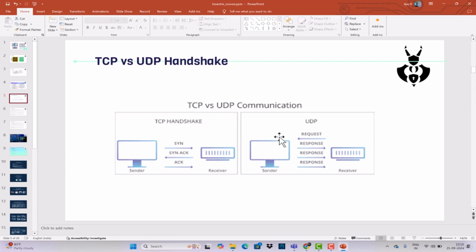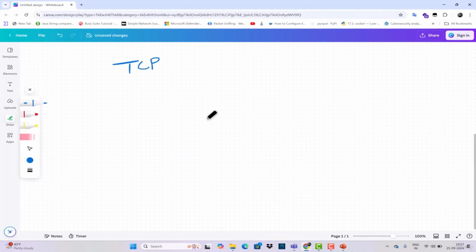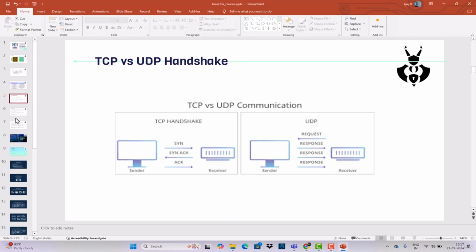So whatever you are sending will be transferred directly to the receiver. There are no handshakes, nothing. SYN-ACK packets will be shared before that. That's why there's a handshake in TCP and not in UDP, and that's why TCP is a bit slower compared to UDP. And if you see in TCP, one of the features is